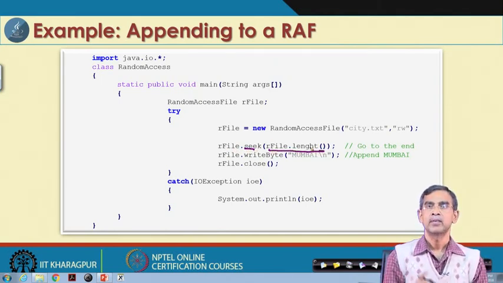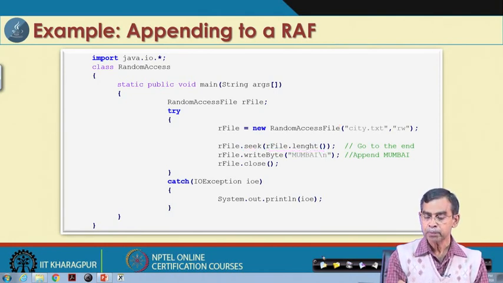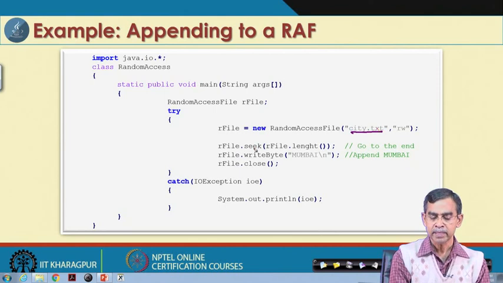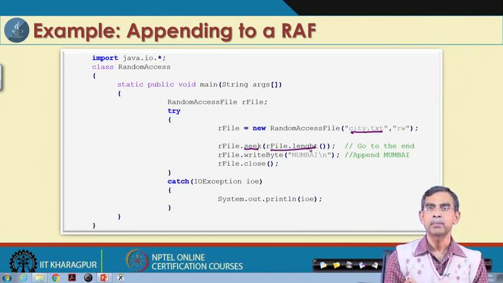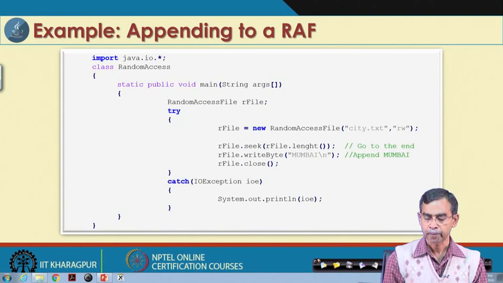It means that whatever the location, it will go to the end of the file. In this case, at the opening, if there is no content, the beginning is the same as the opening. Now, if suppose ct.text already has certain data, then by means of this seek method, R file dot length, it basically moves the file pointer to the end of the file. So that is why we have it there, assuming that this file already has certain data.